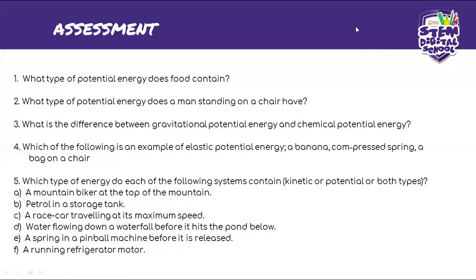Hmm. You say kinetic energy. Oh, okay. Yes, guys, look at the question. It's potential energy, but what type of potential energy? Very good. Yes, I can see Junior with your group. That's correct. So the man is standing on a chair. So it means that the chair is at a height above the ground. Hence, it's going to be what? Gravitational potential energy. Okay, let's get going.